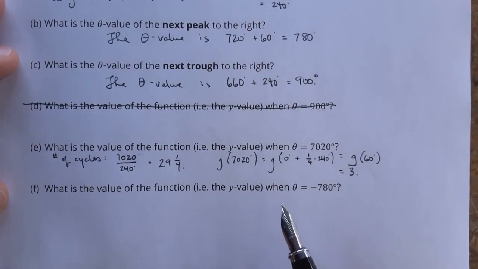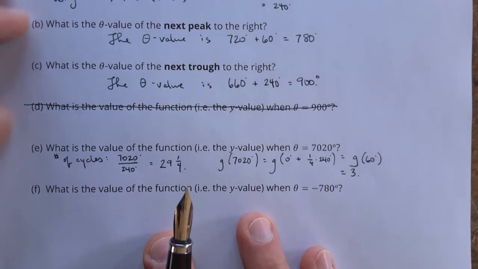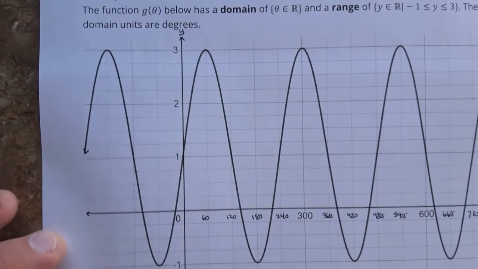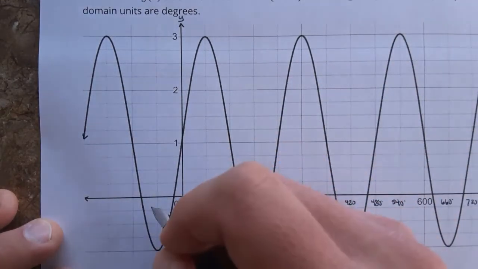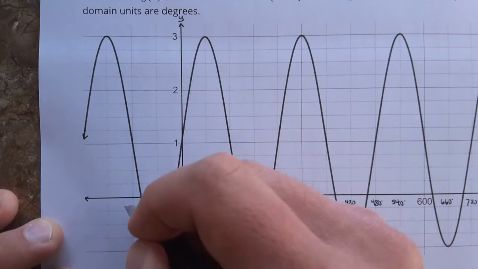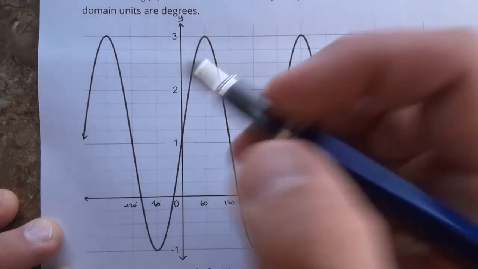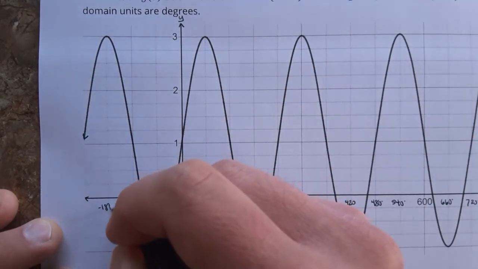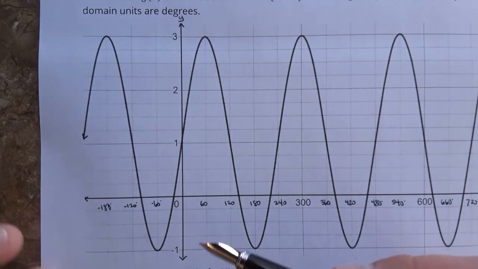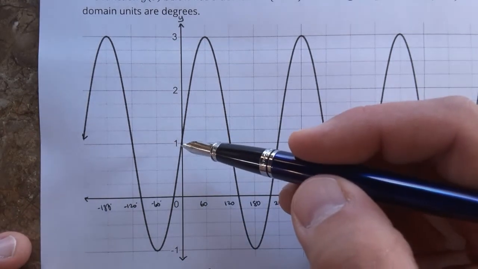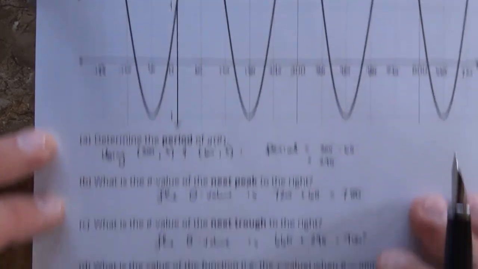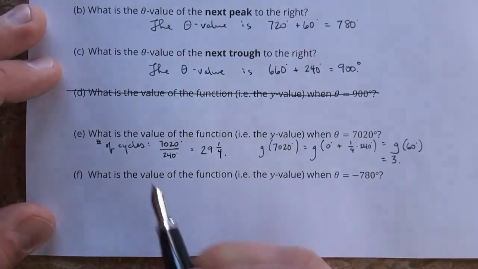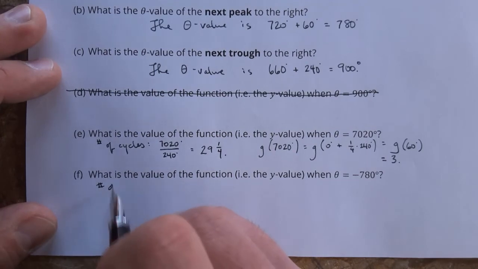What is the value of the function when theta is negative 780 degrees? Okay, well, that's going backwards here, so that would be negative 60, negative 120, negative 180, and so on. Well, the same strategy applies here. We can figure out how far back it is to go, 780. So the number of cycles